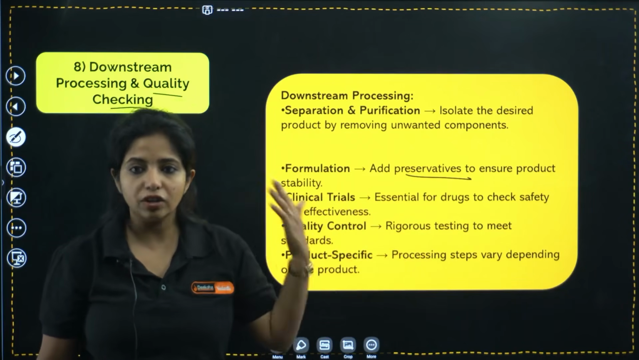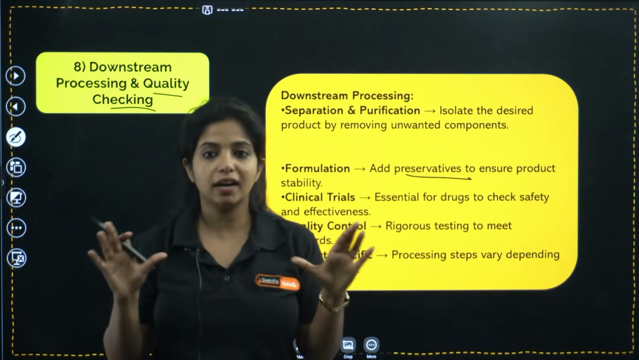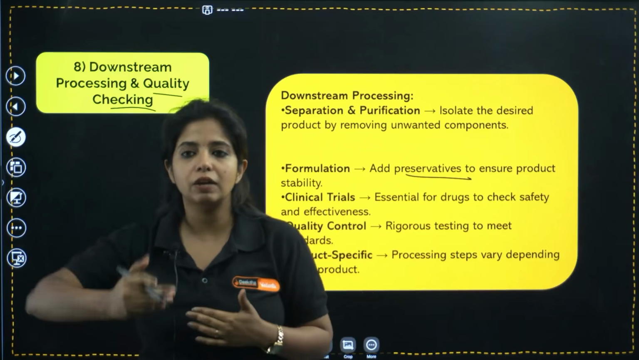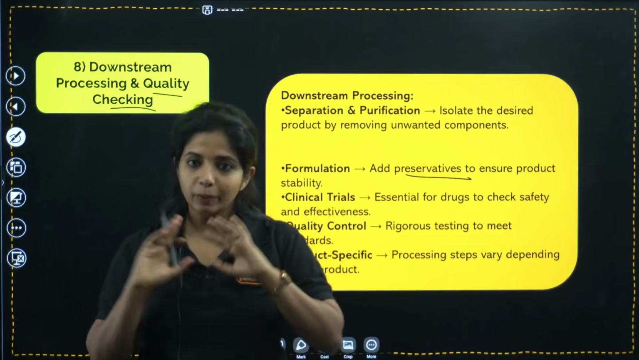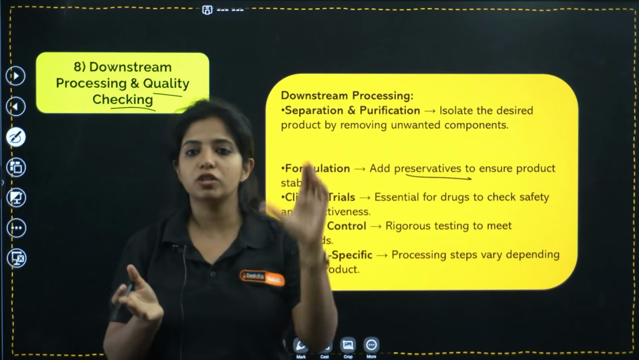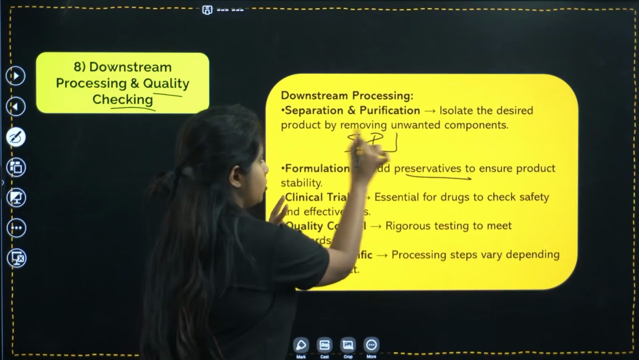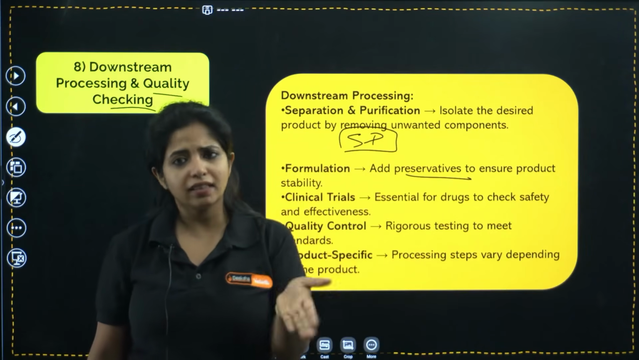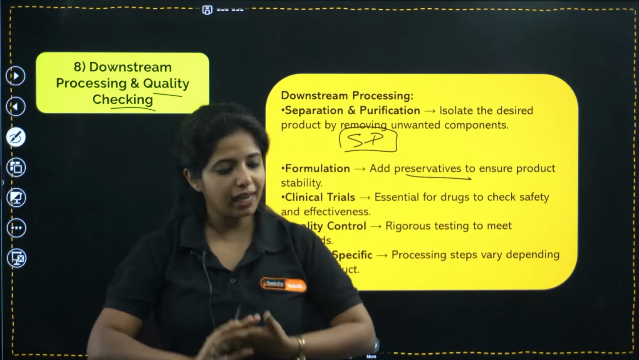Okay, and the rigorous checking is being done so that it is understood that okay, it has met the basic criteria out there, and probably we can release it now. So yes, all of it is definitely product specific, but please know downstream processing involves separation as well as purification, these two things. SP, okay, SP, Superintendent of Police, you can remember like that. Apart from that, yes, there is formulation where you add preservatives, and there is quality checking and everything that comes under this. And with that, we have